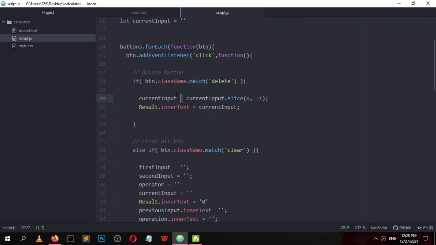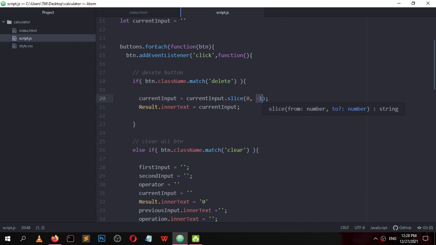Now what we are doing, we are using a slice method. Slice starts from 0 to -1. It will reverse the start from the length of the element.